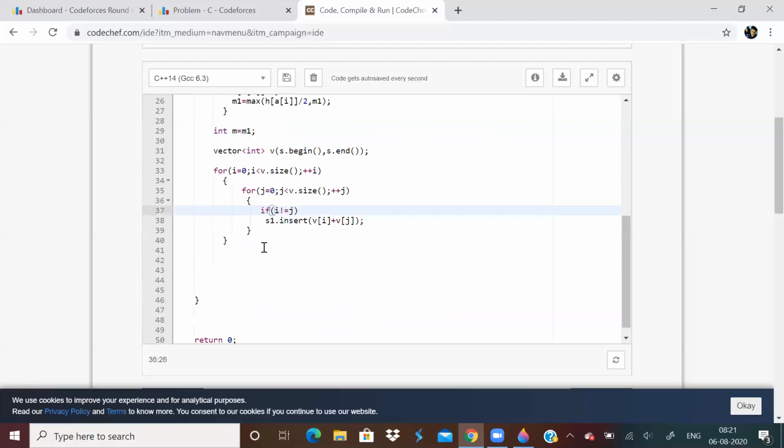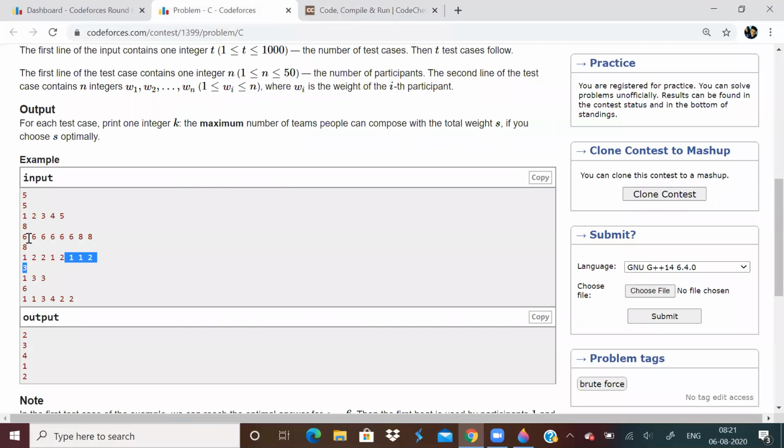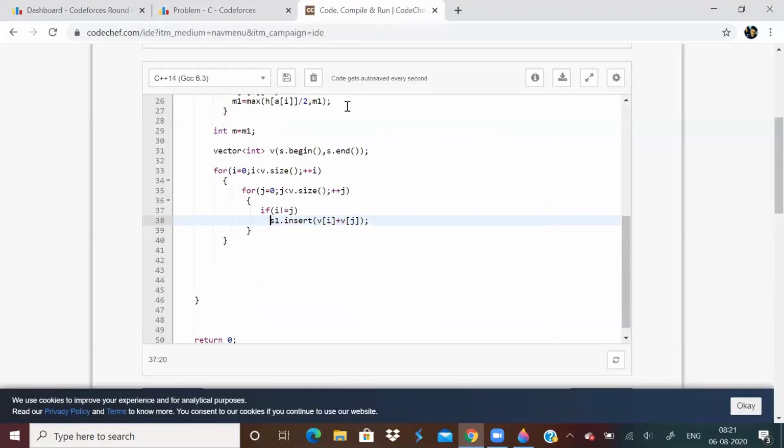If i is equal to j, that means I am adding the same element, right? I want all pairs apart from the element and the element itself. One element cannot be paired with itself. So that is why i is not equal to j. I'll put this in a set.